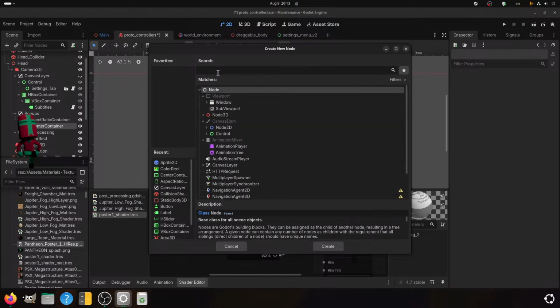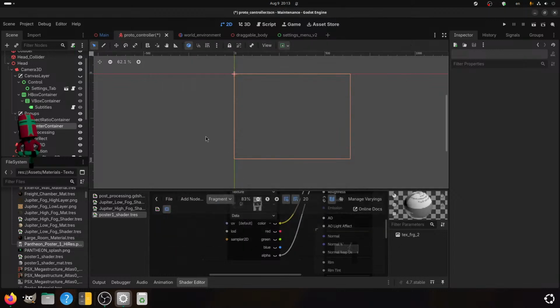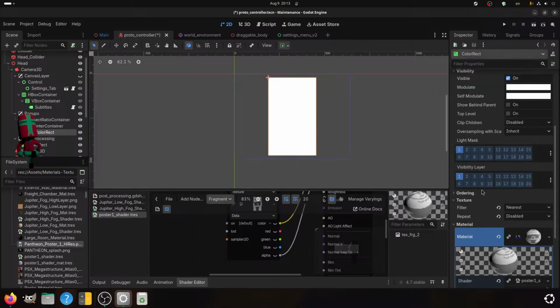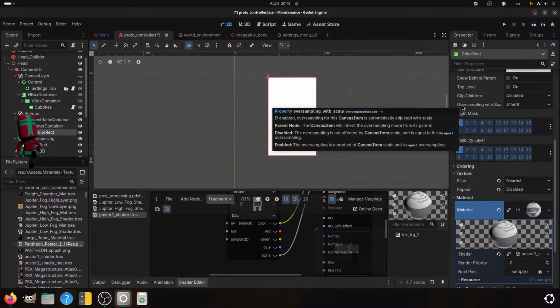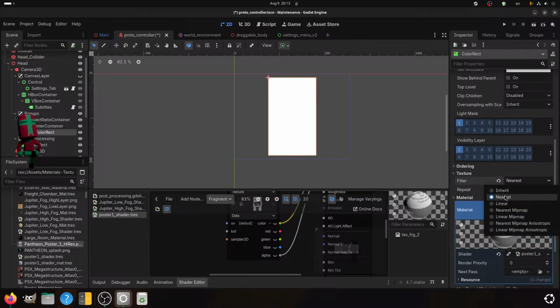No, there isn't. Maybe the color rectangle is the correct way, and I'm simply not figuring out how to make this work.